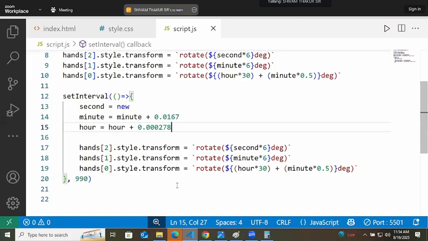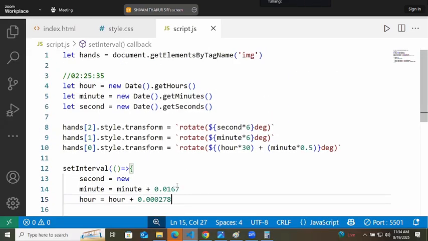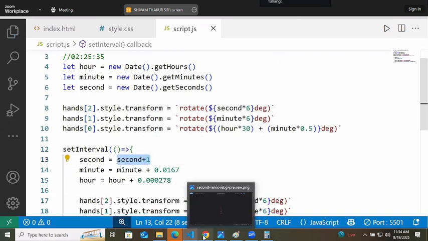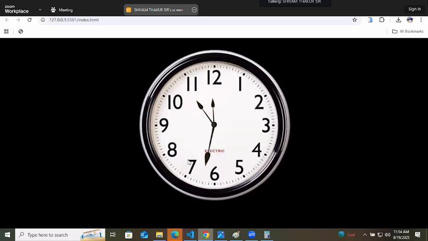Something is missing in code, guys. Arey, listen, listen, listen. Now, check when the second hand is reaching 12. Are we still getting that lag or not? Are you getting any lag?